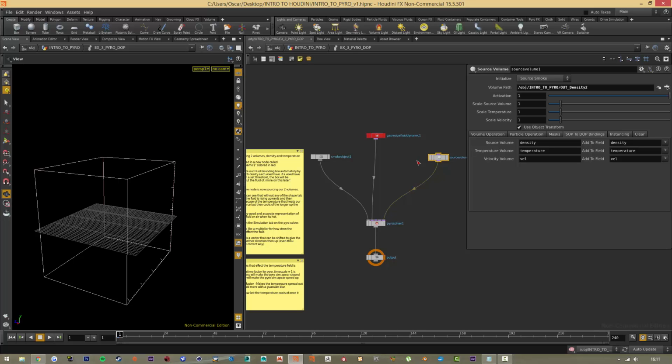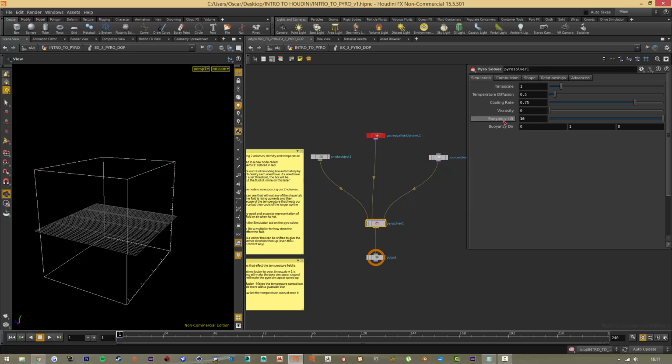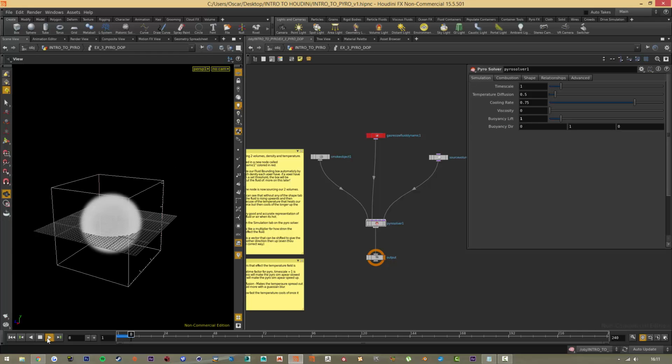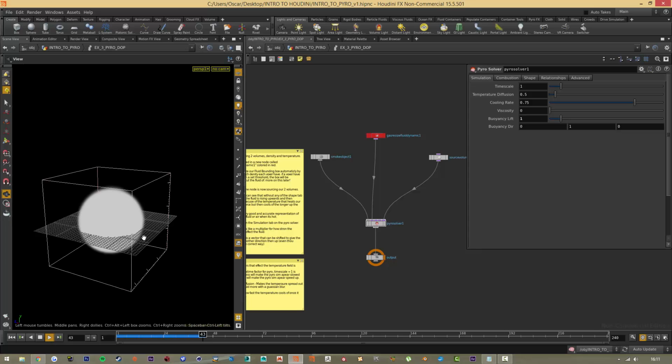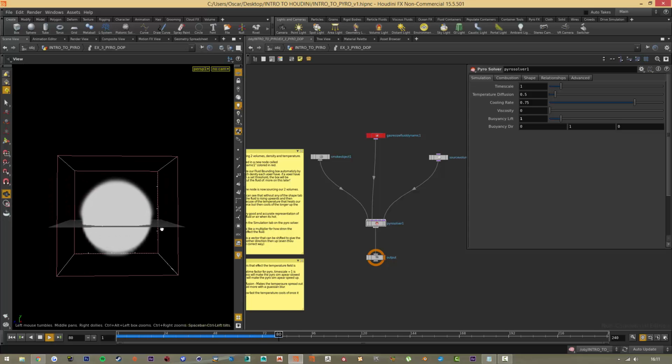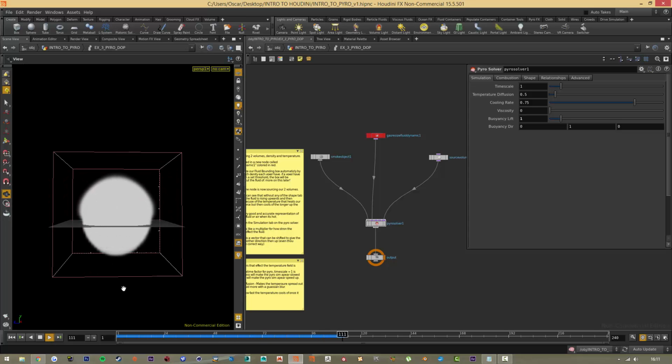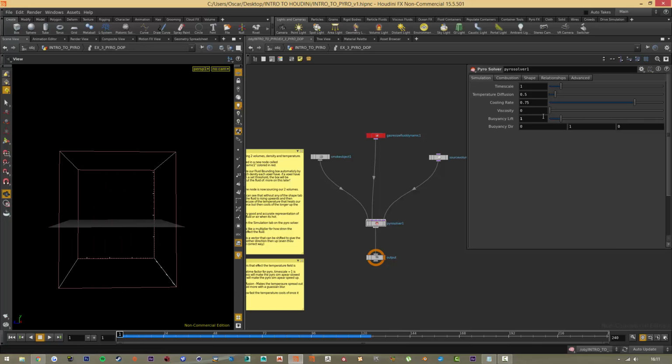And as you can imagine, hot air will rise, but quickly cool off once it's flying upwards, right? That's what happens with any air, unless any additional temperature is added along its path. But as I said, buoyancy lift is the actual value for this. It's like a multiplier, so if I put 1 in the buoyancy lift and press play, we're not going to see too much. We can see it rising a tiny bit, and stuff happening on the edges, but nothing major. If you instead put 100 here,